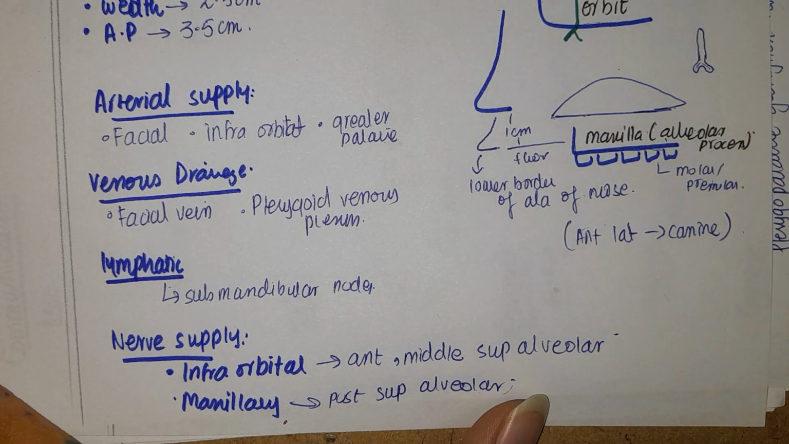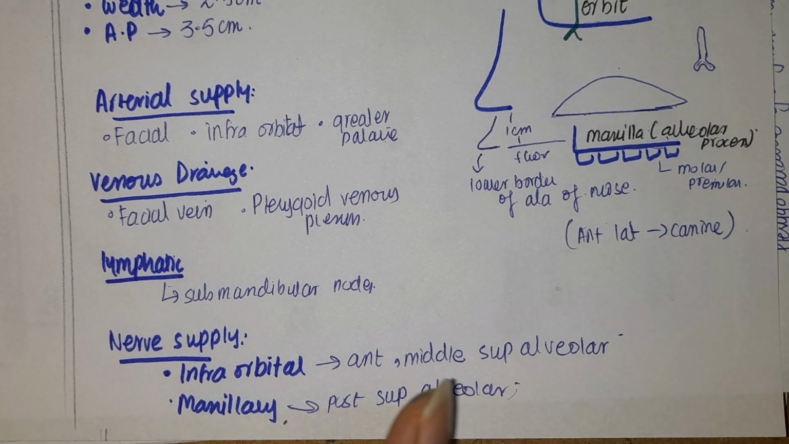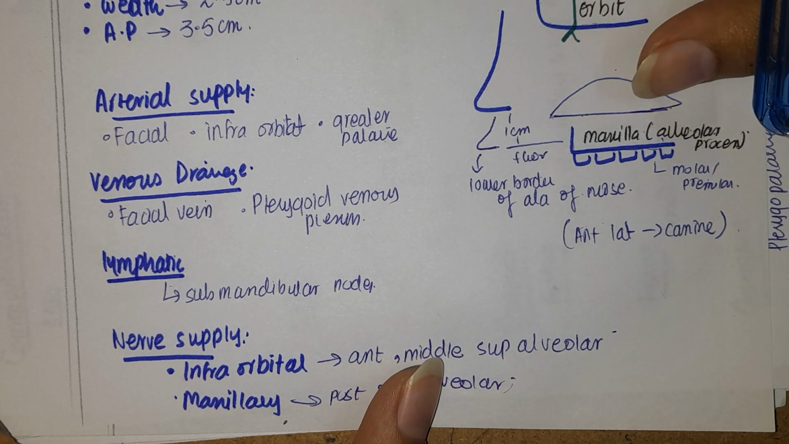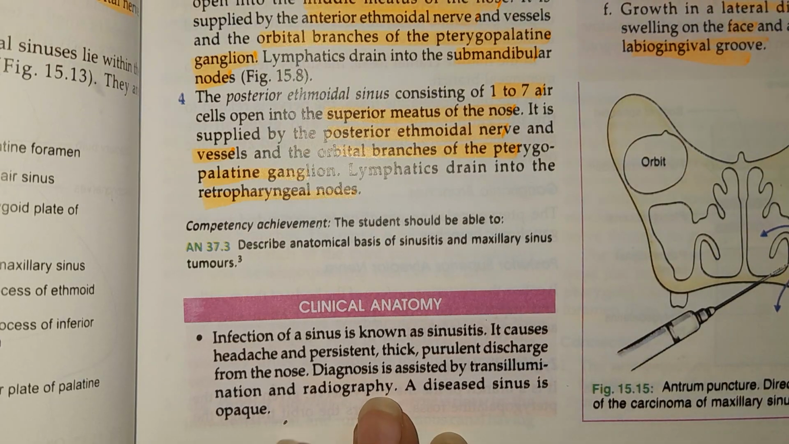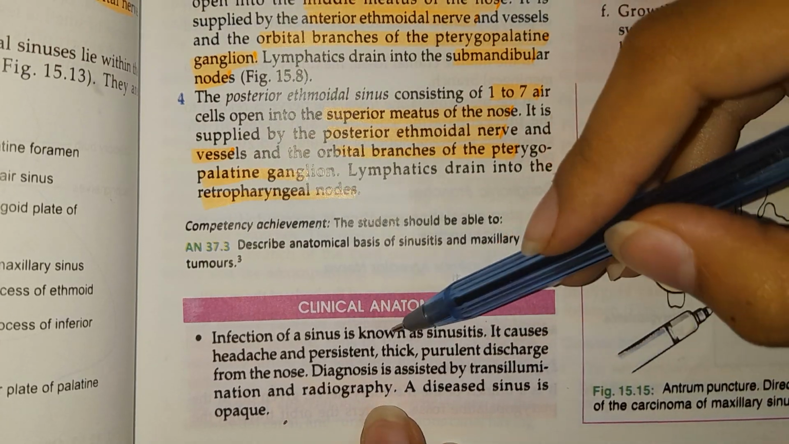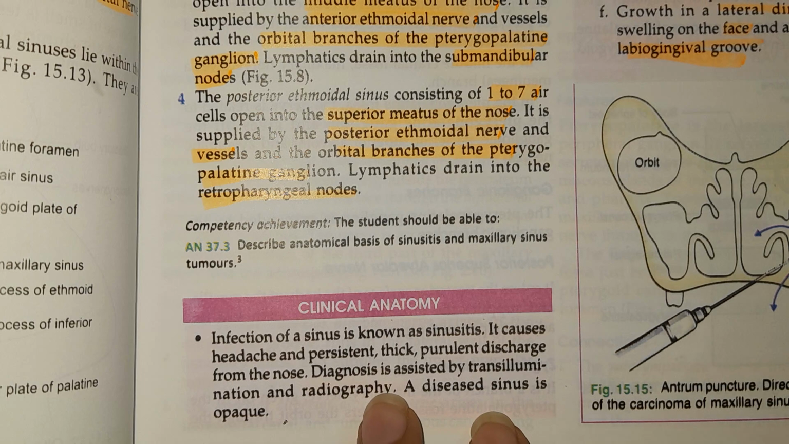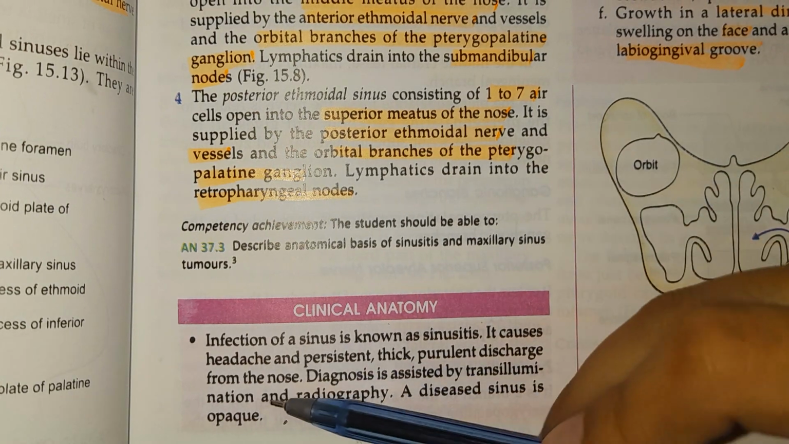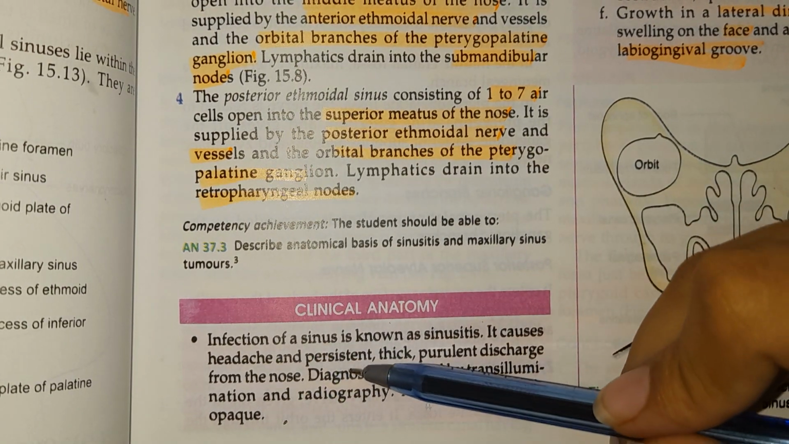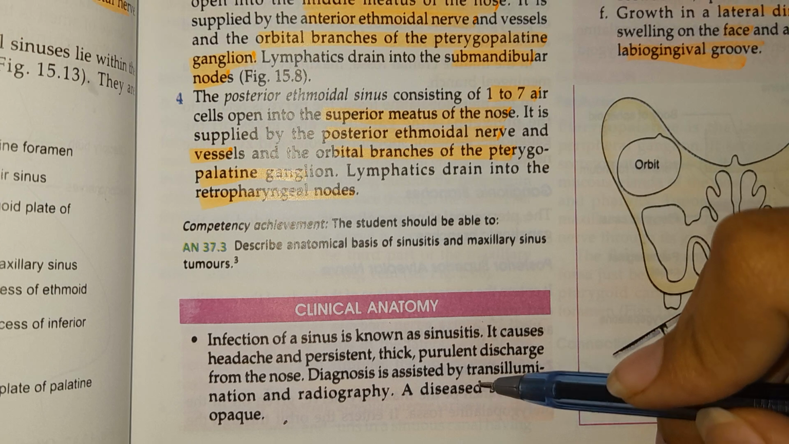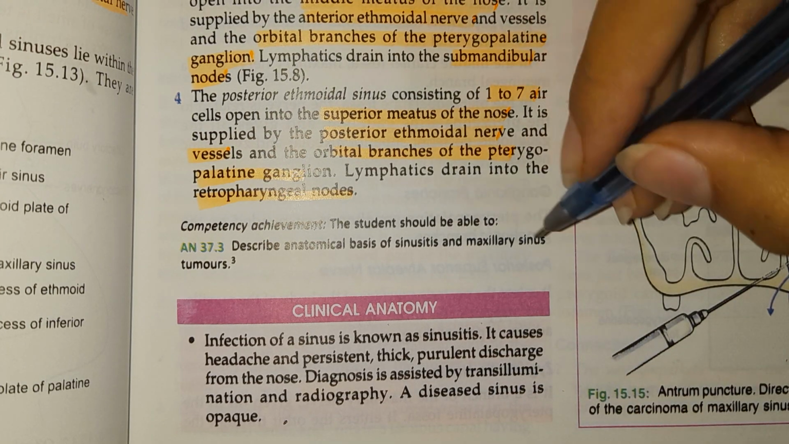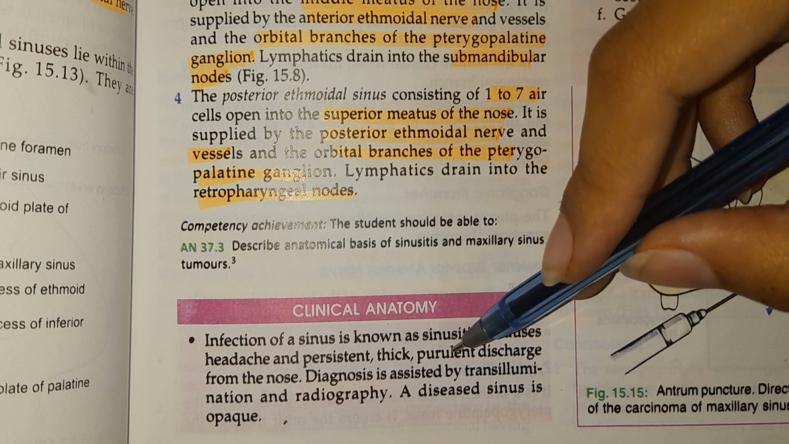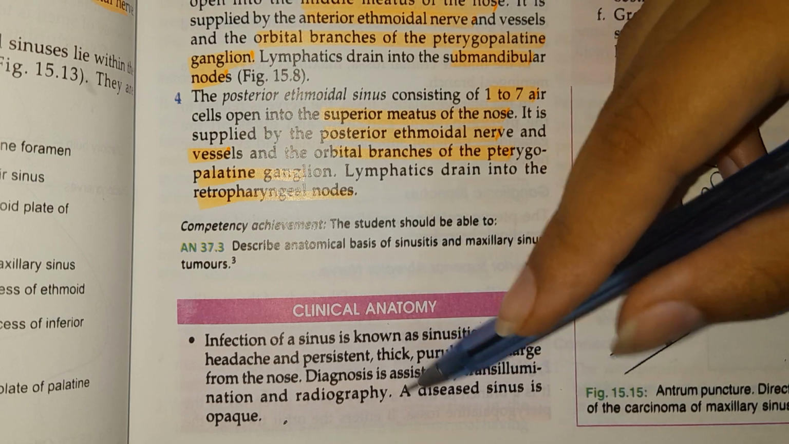So it was all related to the maxillary sinus. Now we will move towards its clinicals from BD Chaurasia. Now, the infection of a sinus is known as sinusitis, and due to sinusitis we will have headache, persistent cough, thick and purulent discharge from the nose, and diagnosis is assisted by transillumination, radiography, and a